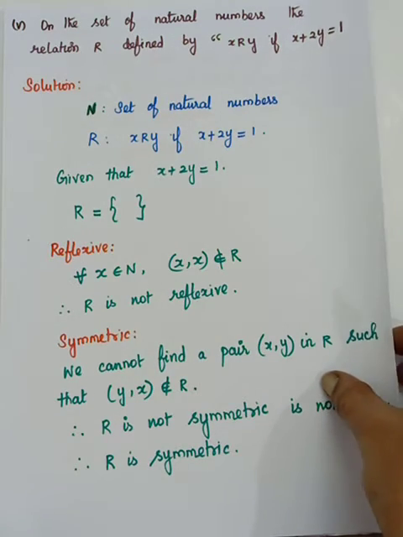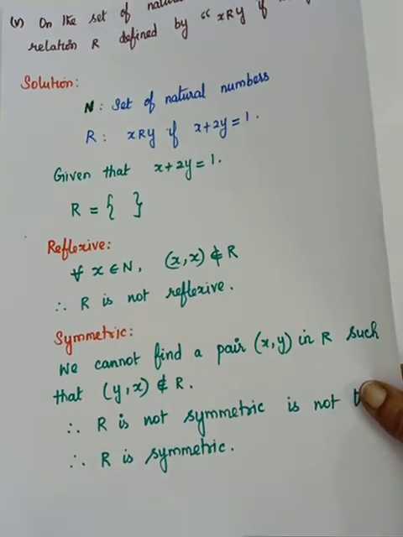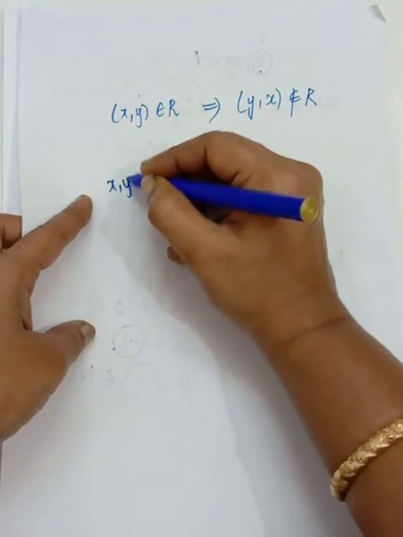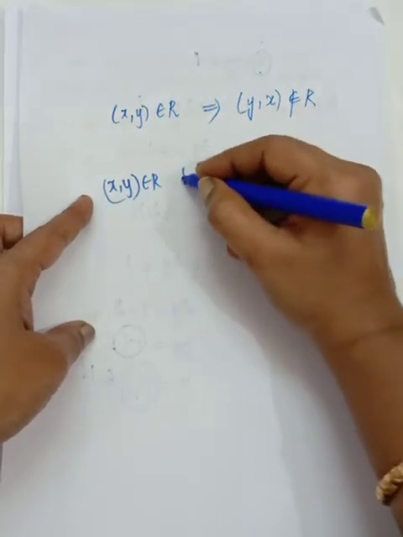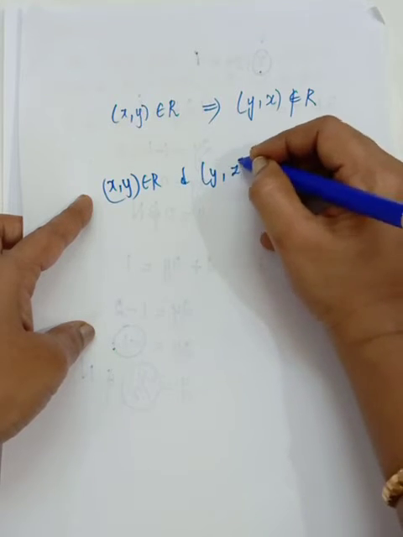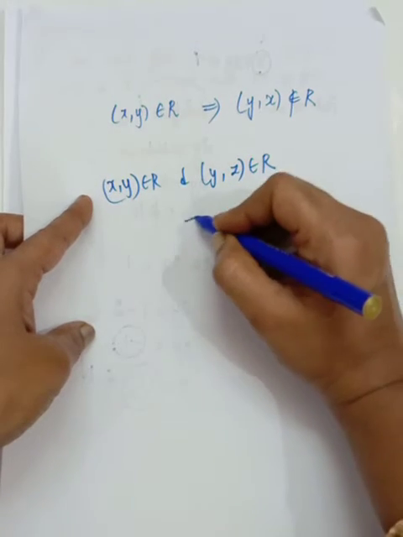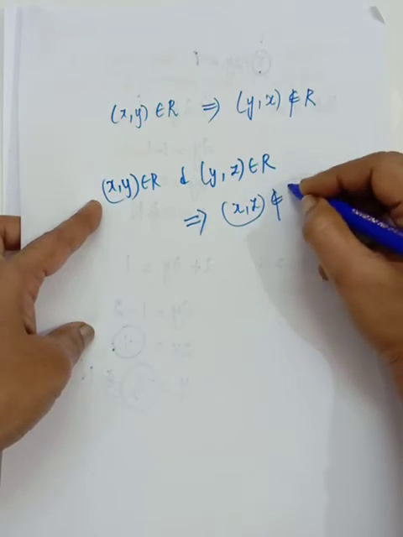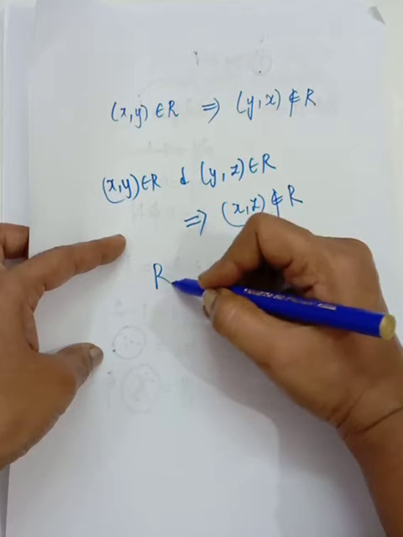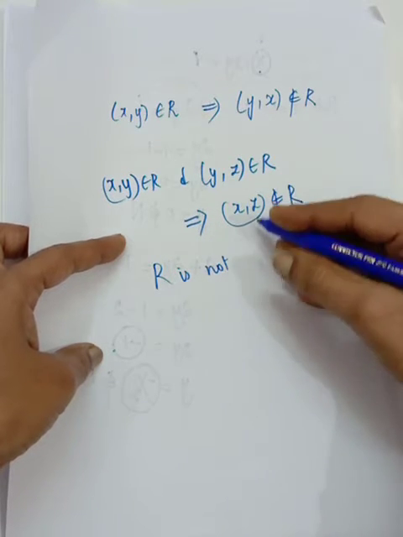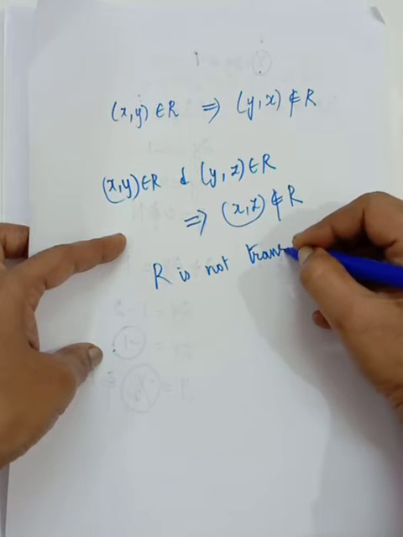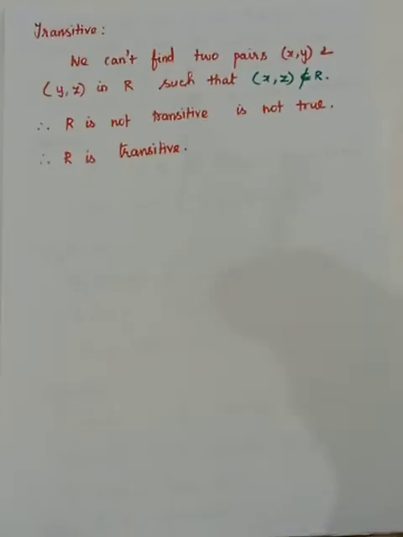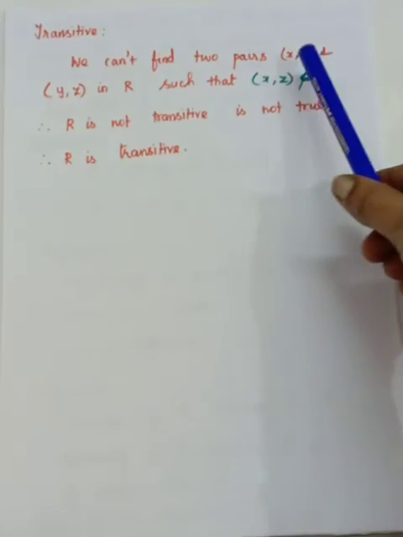In the same way, we'll go for transitive. For transitive, what you have to do? You have to get two ordered pairs, x comma y belongs to R and y comma z belongs to R. What we have to get? If x comma z does not belong to R, we can very well say R is not transitive. Here in your problem R is an empty set, so we can't find two pairs x